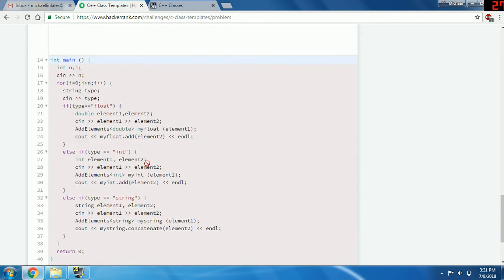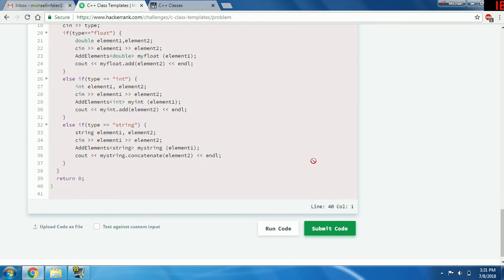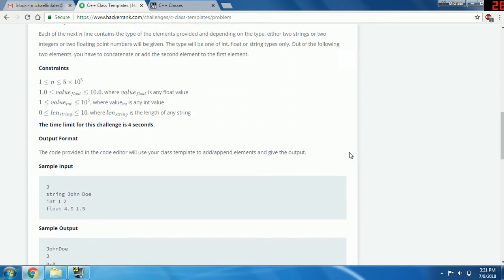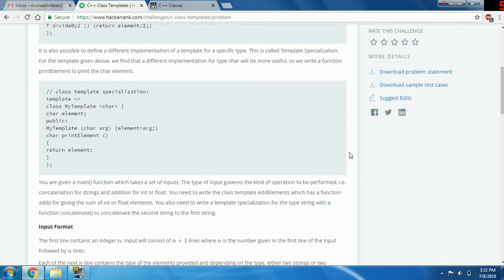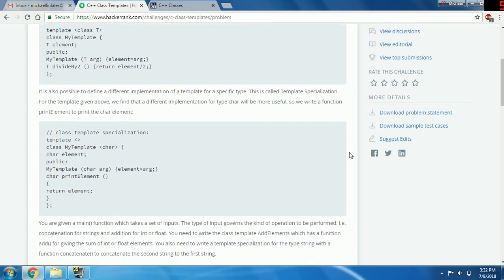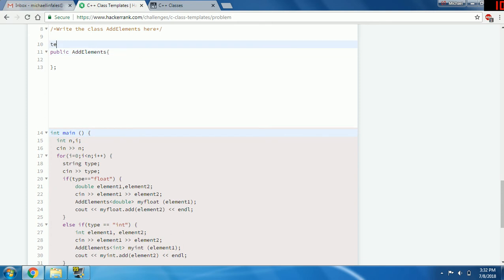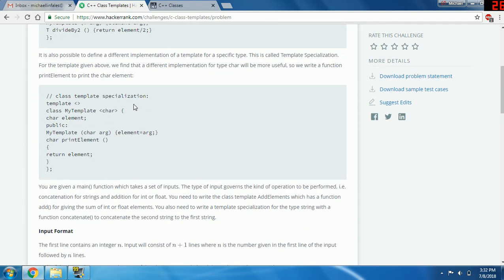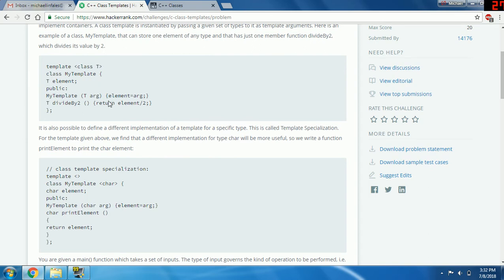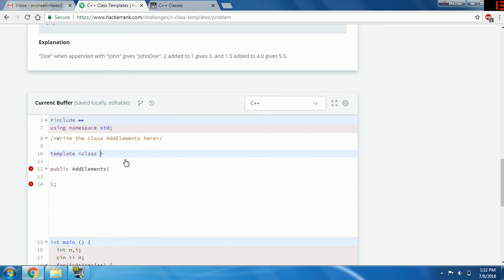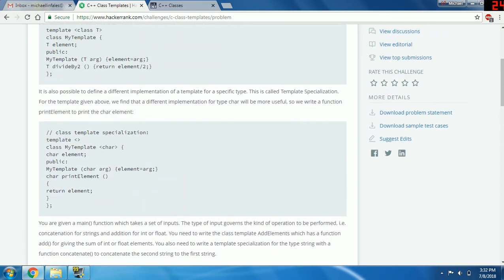Okay, so if I want to... Template. Okay, so then that makes this a template. Now I just need to make it whatever type, class T, and then T element. Okay, class T, T element. Okay, now what do I need? I need to create